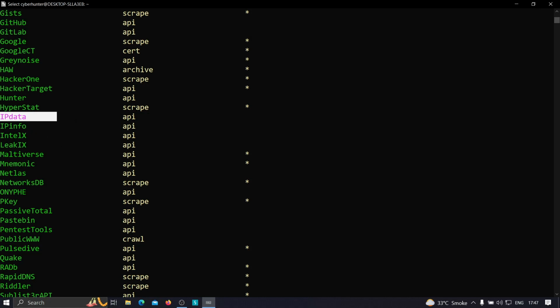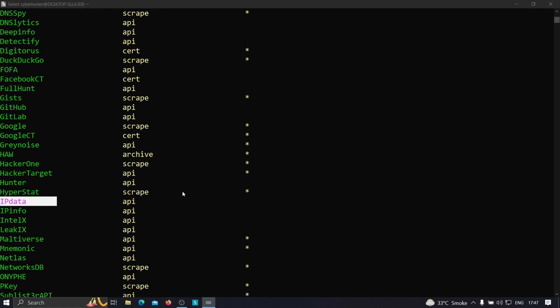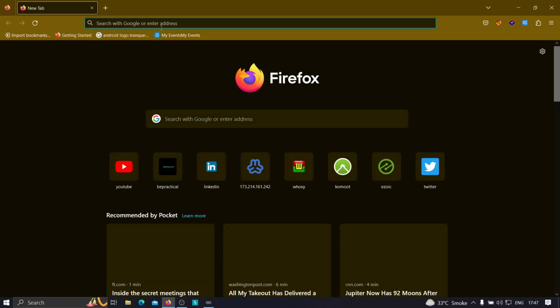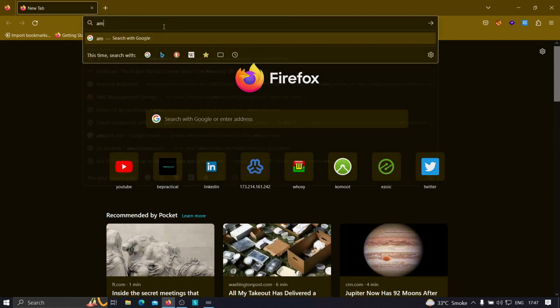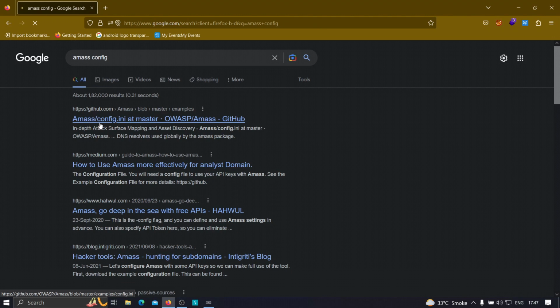So the question is, how can we pass or configure an API key for Amass, right? First you need to open your browser, and then you have to type over here Amass config, right? So we need to look into the config file, like how we can configure Amass. Just type Amass config, hit enter, and after that you have to click on this very first link, and don't worry, this link is also given in the description. Just open it,